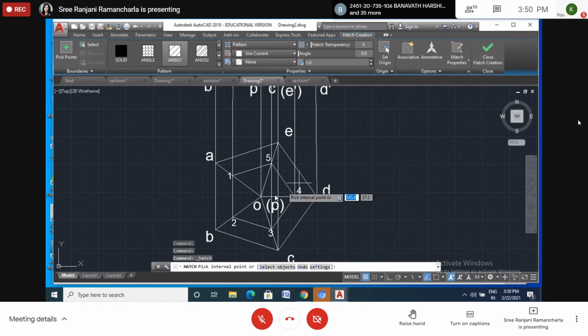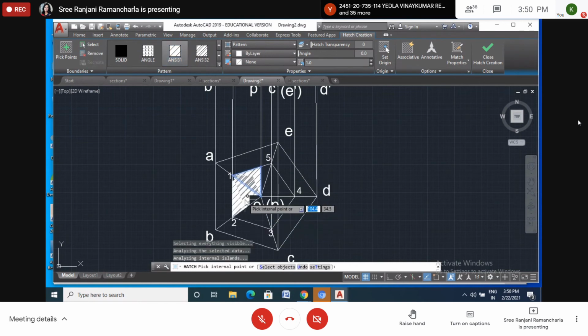So here materials are not specified anywhere. So don't bother about this one. Just we'll go with this one. All inclined lines equally spaced. Okay. Then you select this one. Now select the object. So we'll select here. See here. It's there. And here also. Fill this one. So it will be filled in the closed plane.